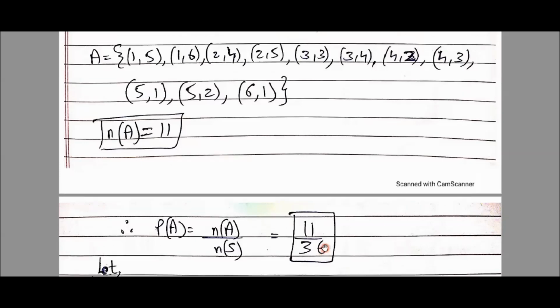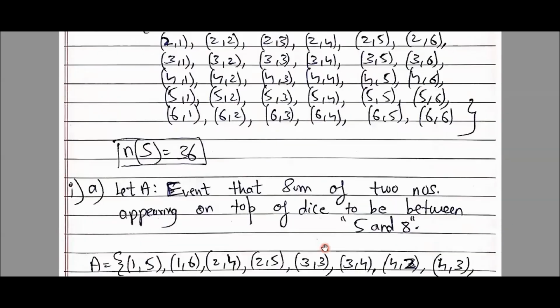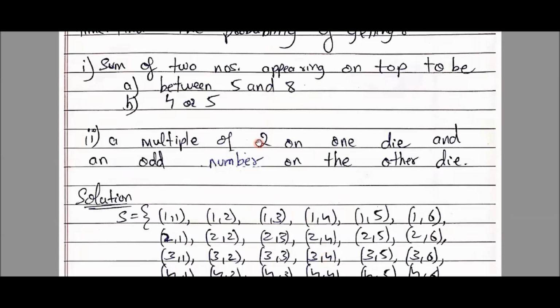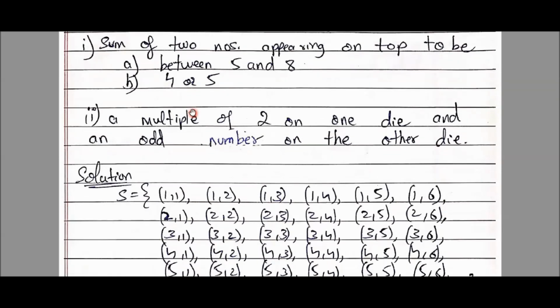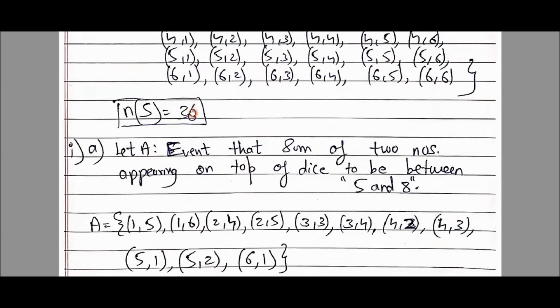Students, now let's get back to our original question. Sub question B. What is the probability that the sum of two numbers appearing on the top is 4 or 5? Now what sum do we need? 4 or 5. Sum 4 will work and sum 5 will also work, if I convert this or into Hindi. But I told you that or means plus in this chapter.